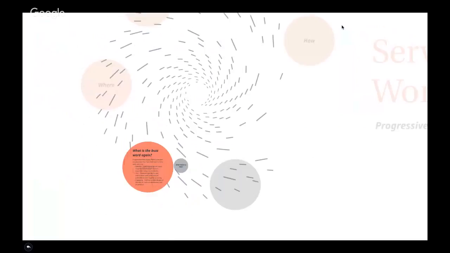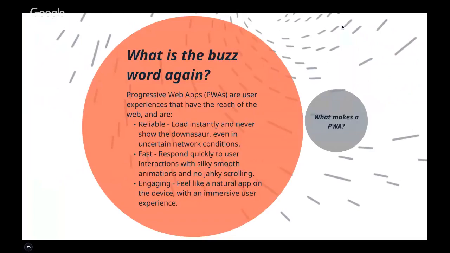So let's see, what is the buzzword? Progressive web apps. Well, basically, you can think of it as a mixed iteration of maybe responsive web apps. It basically introduces new APIs in the browsers to make your app reliable, fast, and engaging. So you can have your apps working even when the network is down or if the network is slow. And then based on the performance tuning, you'll make the user perception that your app actually loads faster than it's supposed to.